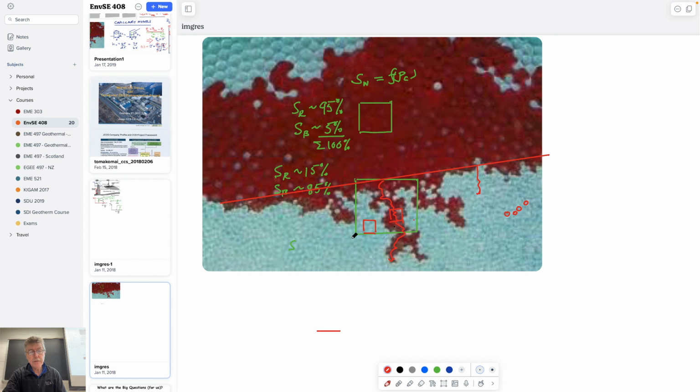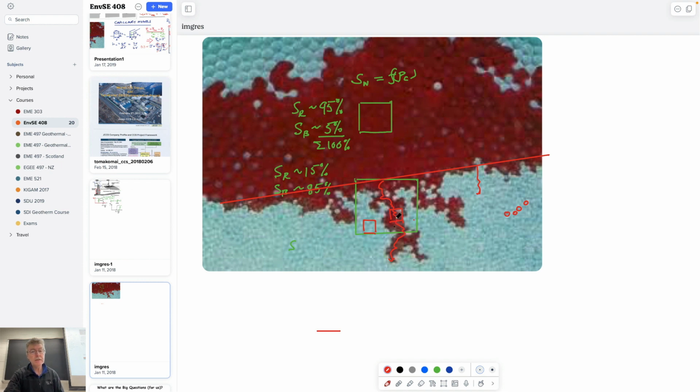If we did the same thing down here and looked at a little part of this ganglion, perhaps that would be in these same proportions. This, I guess, would be 100% water and 0% NAPL, because it hasn't got there yet. And we can think about these as being different proportions. And so what we've now done with that diagram is that we've kind of related these joint saturations to some